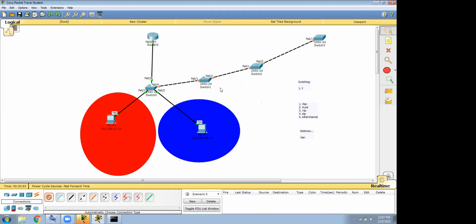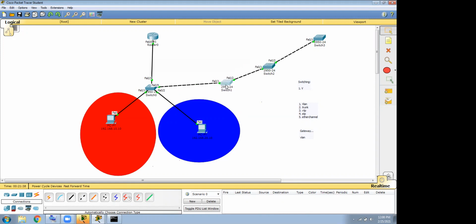Here you have VLANs. Let's say VLAN 10 will be on all the floors. If VLAN 10 is here, and you want to talk to VLAN 10 in this building, or to this machine which is VLAN 20, all the way it needs to pass here and come to the router, and from the router it has to go. Now we understand that if a VLAN wants to talk to another VLAN, it has to go to the gateway, and the gateway should have a route to reach the other VLAN. So that we understand. Now, my question to you,